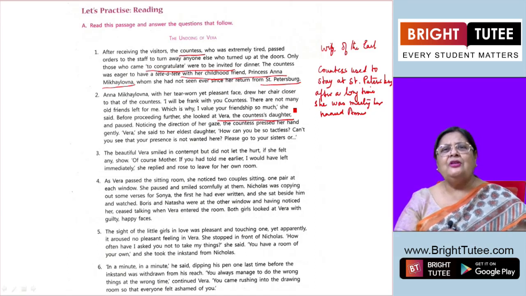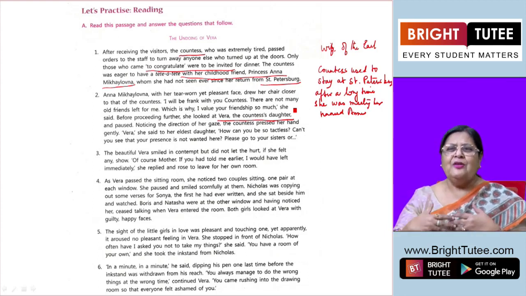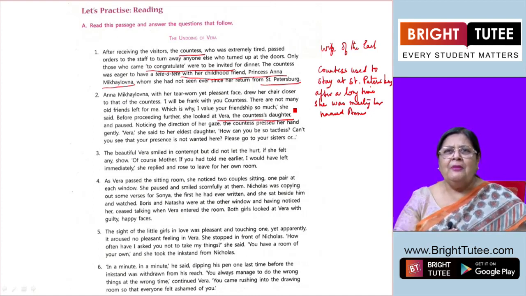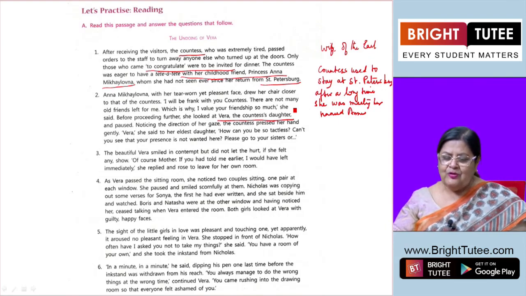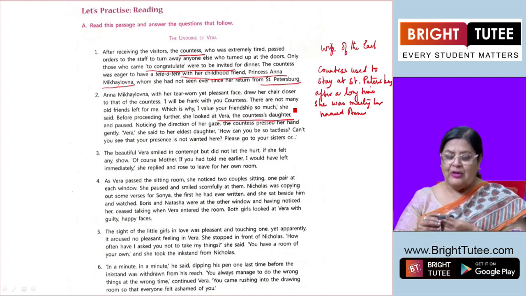But let us see what the countess did with her. Vera was sitting there, and Anna Mikhailovna was wanting to eagerly talk with her friend. She was overwhelmed to see her friend and wanted to talk to her, but she was a little hesitant because Vera was sitting there. So while she looked and paused, the countess noticed the direction of her gaze,